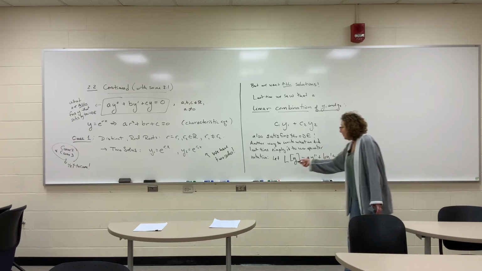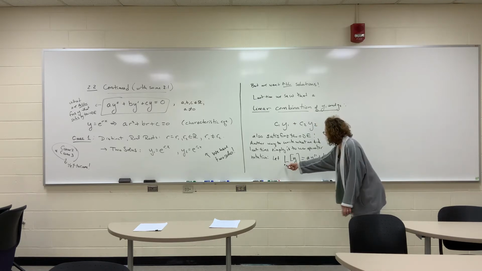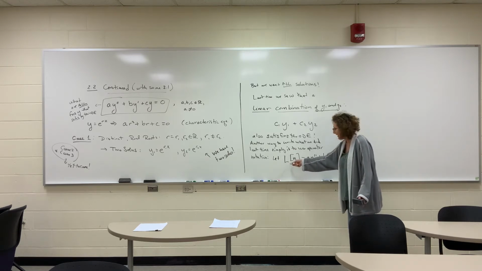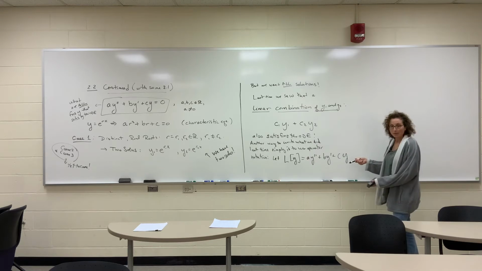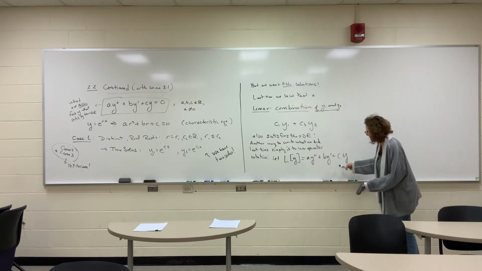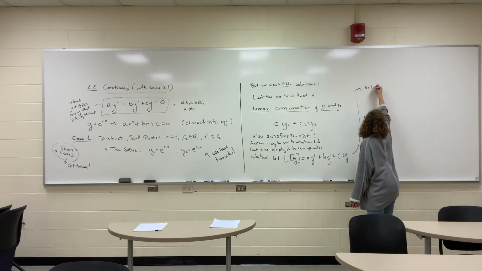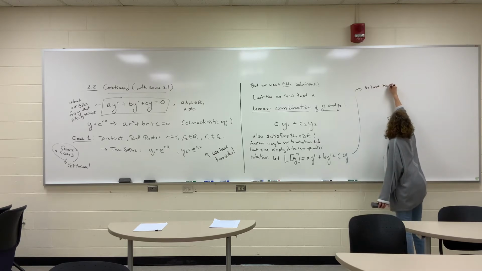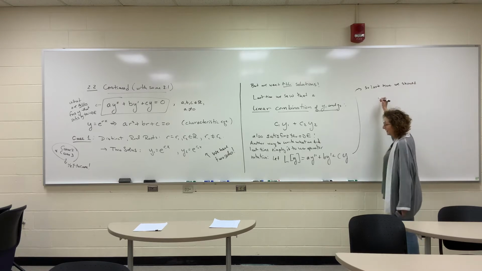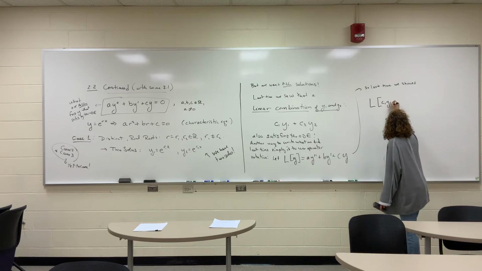So the operator L, or linear operator, which we'll talk more about eventually, acting on a function y creates this combination: the number A times its second derivative, plus the number B times its first derivative, plus the number C times y. So last time we showed, and I'm going to write it in operator notation this time, that if we take L and evaluate at